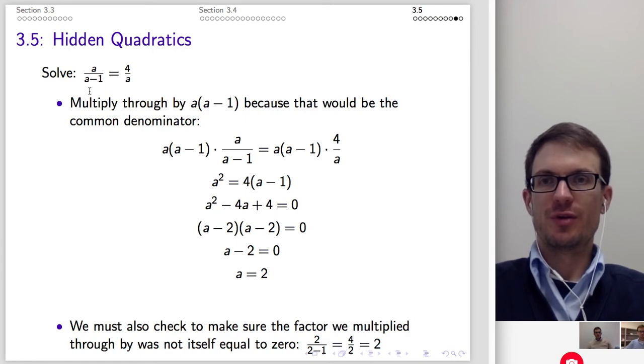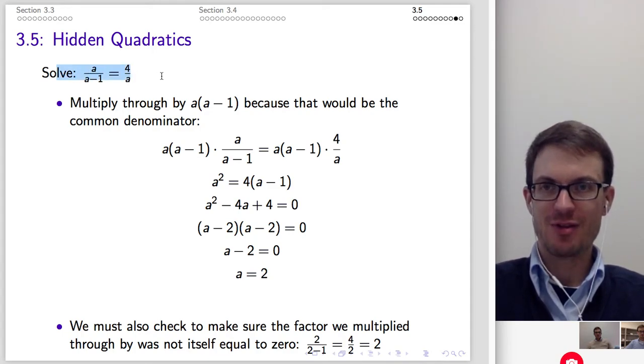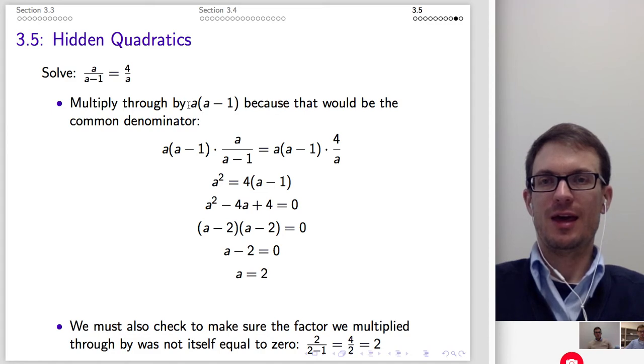All right, so here's another one. How do we solve this? Let's just multiply through by a times the quantity a minus 1. Why? Well, here's one denominator, here's the other denominator. Their product has to be the common denominator. So let's multiply this by a over a. Let's multiply this by a minus 1 over a minus 1. That'll work. Alternatively, if I just multiply everything by a times the quantity a minus 1,